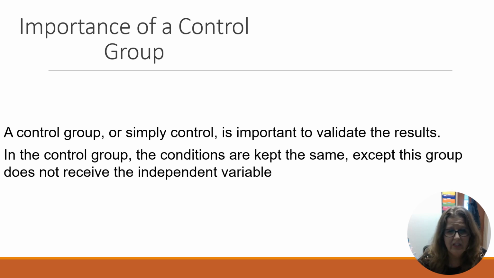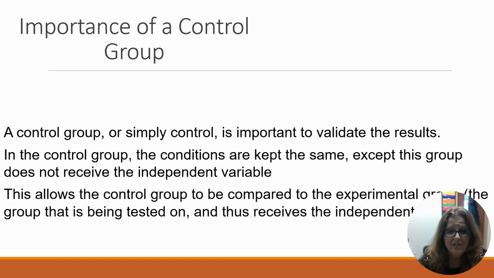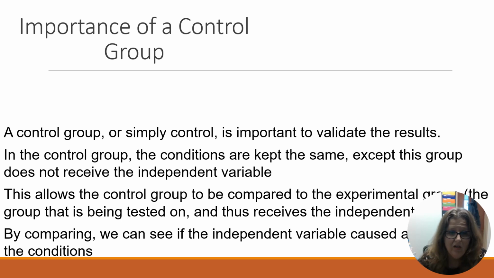So for the control group, the conditions are kept the same, except this group does not receive the independent variable. It is not tested on. This allows the control group to be compared to the experimental group. The experimental group is the group that is being tested on and receives the independent variable. By comparing, we can see if the independent variable caused